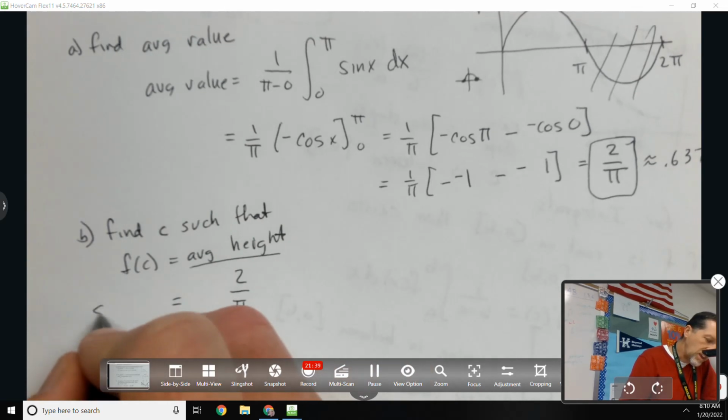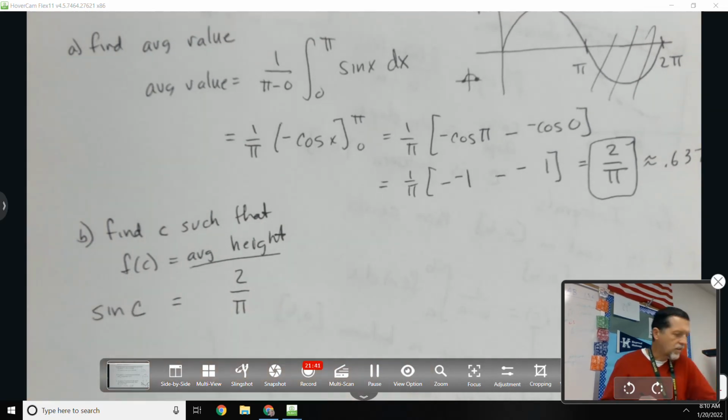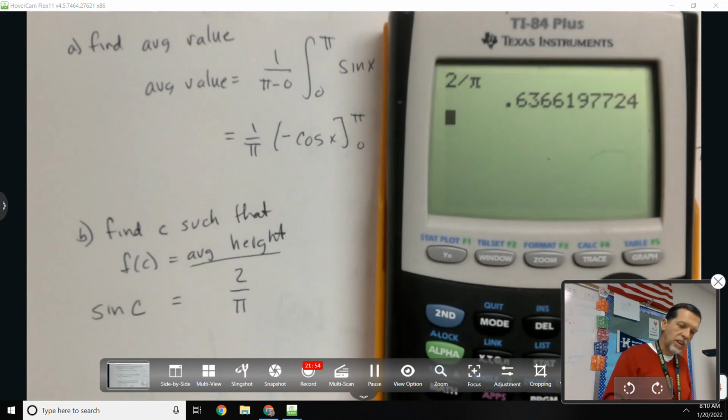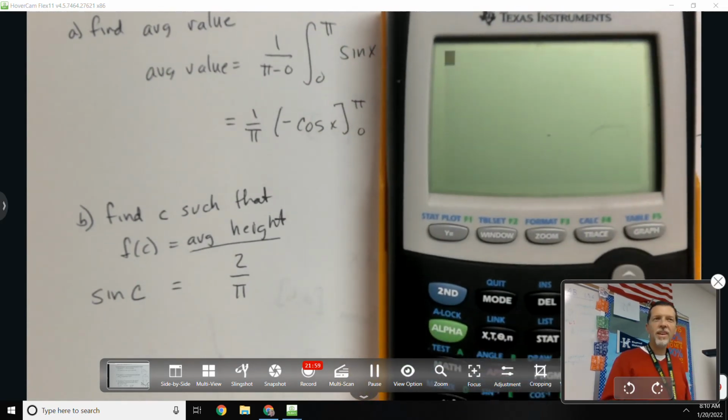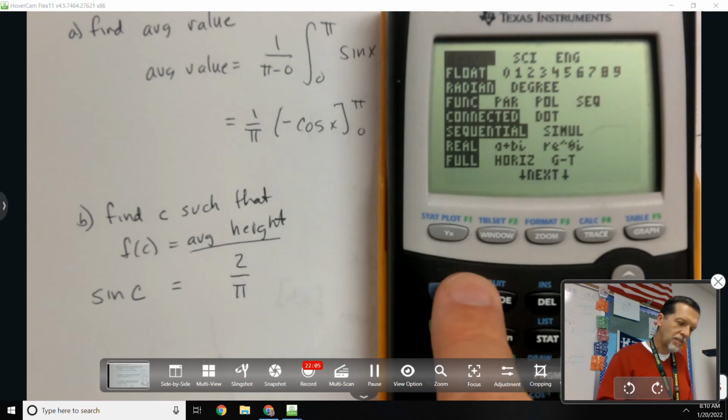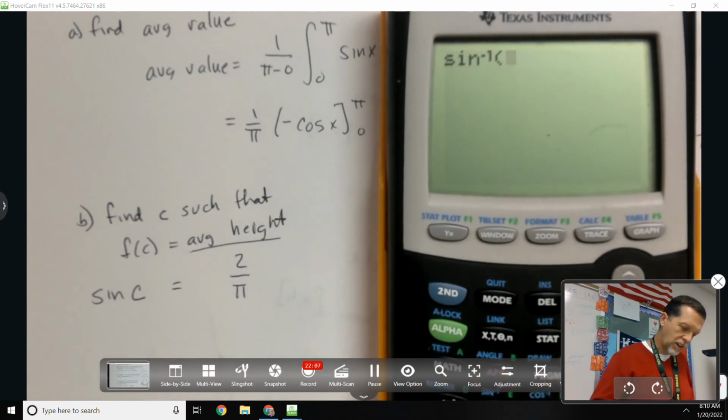F of C would be sine of C. Uh-oh. Glad we have a calculator handy. If the sine of C is 2 over pi, how in the world do I figure out what C is? It's been a long time. How do I figure out what C is? Yeah, inverse. So inverse sine of 2 over pi